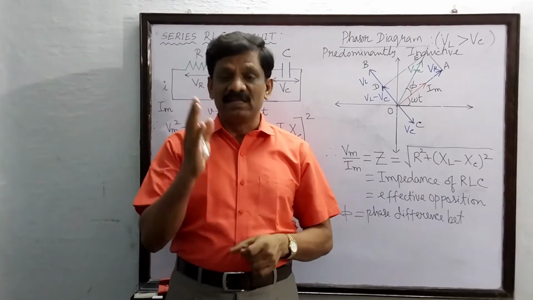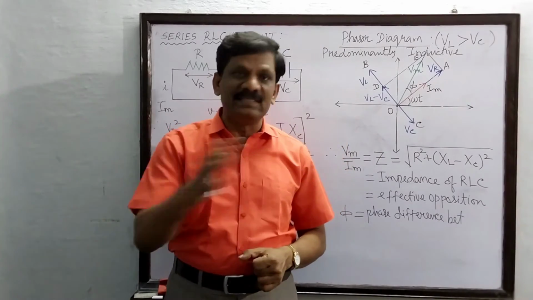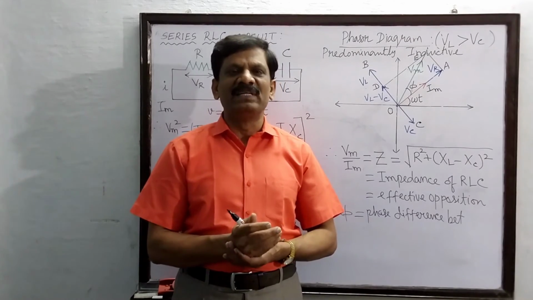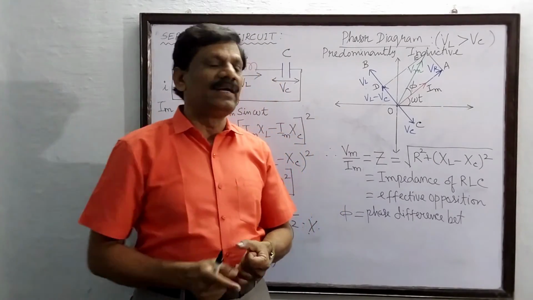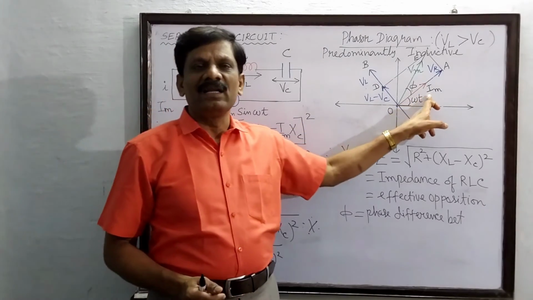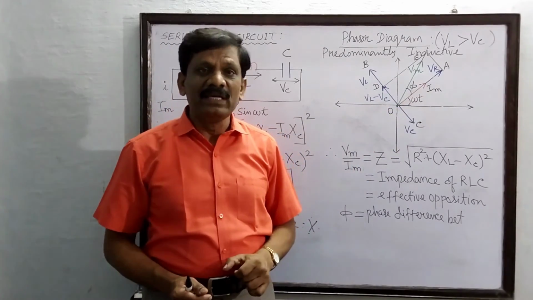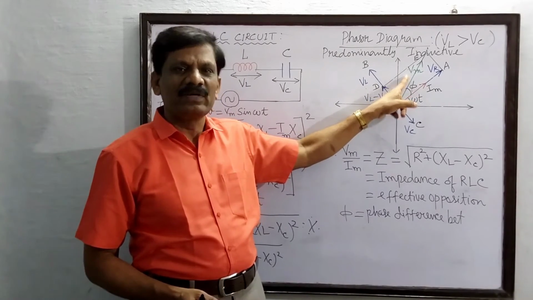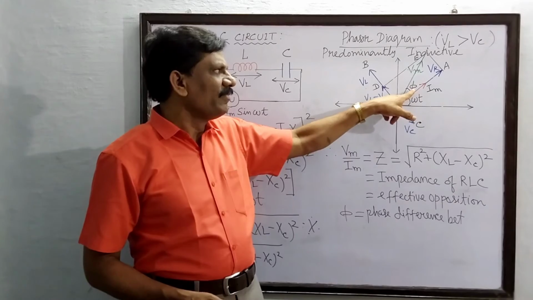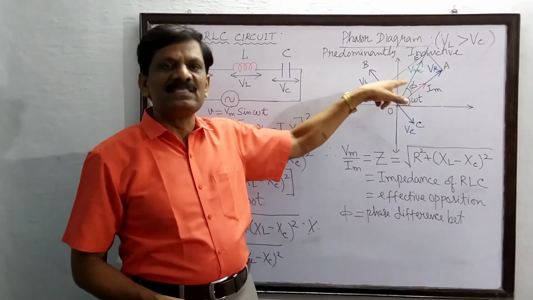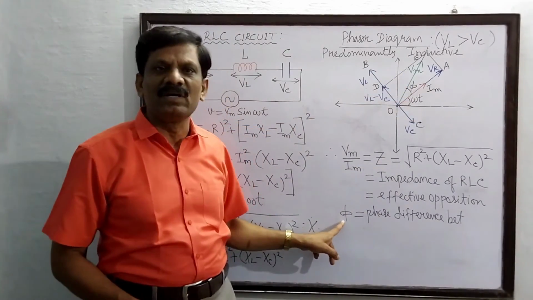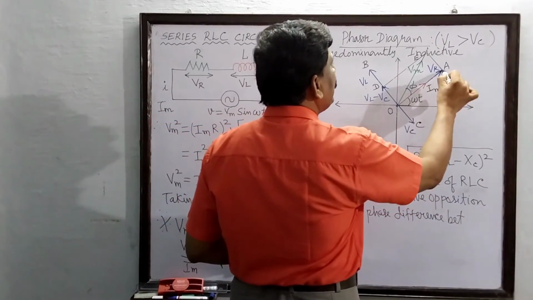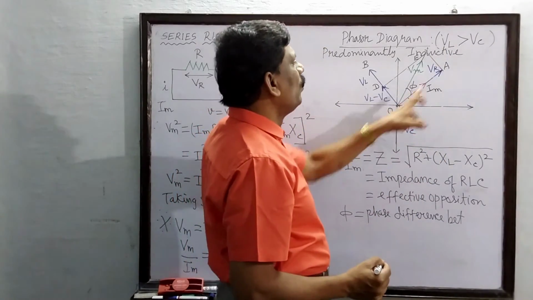Now when you combine this resistor, inductor and capacitor in series and then apply an AC voltage across this series combination, now also you find that the voltage and the current are not in phase with each other. In this picture you see that the voltage is leading, is it not? So there is a phase difference between the voltage and current, and that only is denoted by phi. Understand? So look at the triangle OAE. Can you see the triangle OAE?